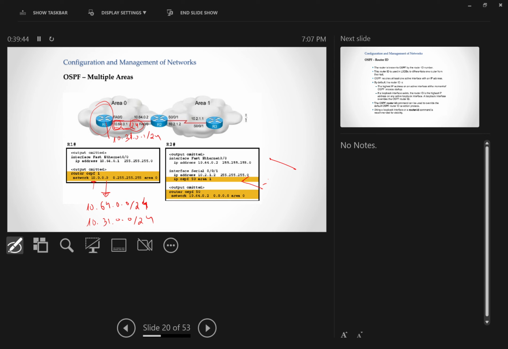No, because you don't need to put the /24. This is not a /24. This is a wildcard mask. This is only a rule. What you need to think here is, it has to match everything that I want to include and leave out everything that I do not want to include. In this case, I want to include everything that starts with a 10. If I had these two networks and I wanted to include this one but not this one, then this wouldn't work. In that case, I would have to do a network